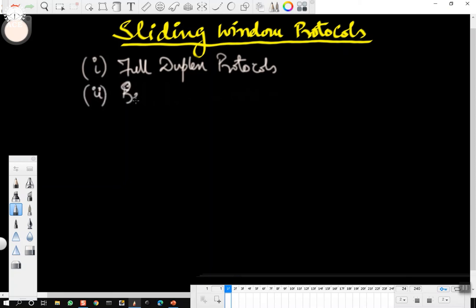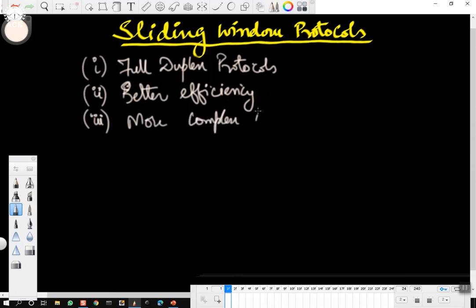These have better efficiency. But the problem, or the complexity here, is that they are more complex than elementary data link layer protocols.